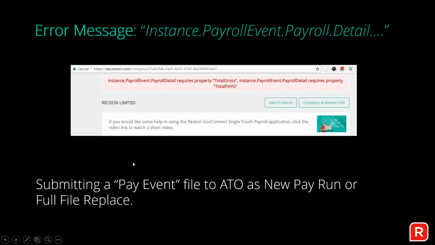Another common one we've seen is when you're submitting a pay event file to the ATO, you get this very long error saying instance payroll event, payroll details. All this information there tends to point to where the error lies. So look at these fields that it makes reference to. Generally, this sort of error will come up when you're submitting a pay event file to the ATO as a new pay run or a full file replacement rather than